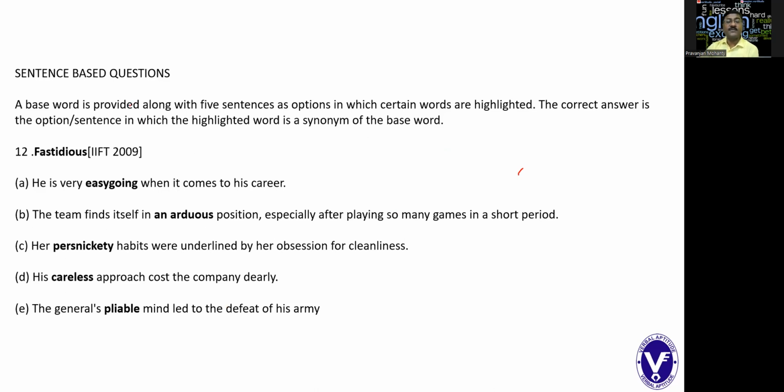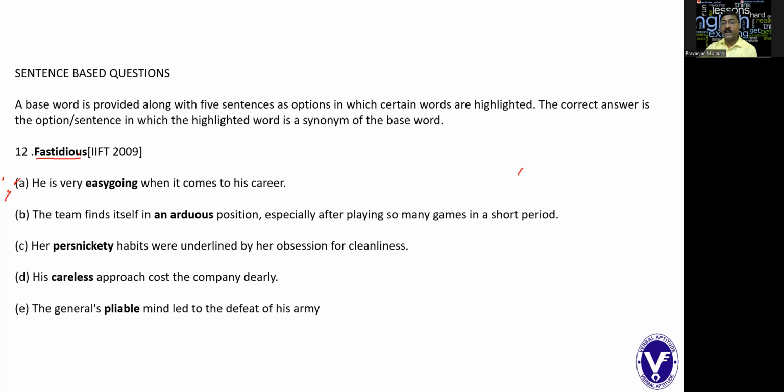Fastidious. The word is fastidious. Fastidious, if you are not aware, means one who is difficult to please, or one who goes into a lot of details. That is fastidious. Now here it says